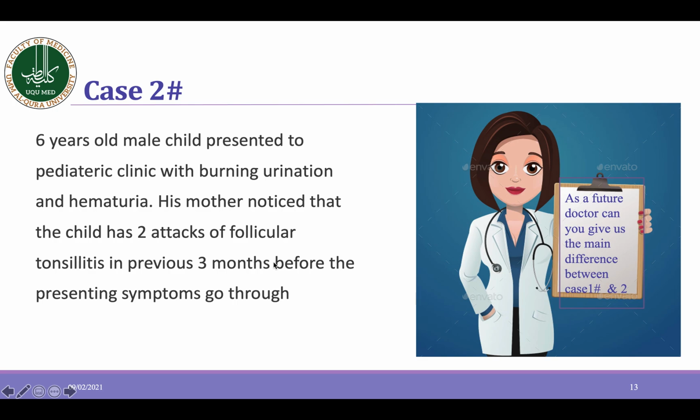So previously, in the last 3 months, the patient had tonsillitis before presenting with hematuria now. So there is a difference between the first presentation, case 1, and the second presentation, case 2. What I would say, just as an oversimplification, imagine now that the insult of the glomerulus is a bit worse than the first case. In the first case, we said there is minor insult with loss of protein only. Now, some injury happened to the glomerulus,